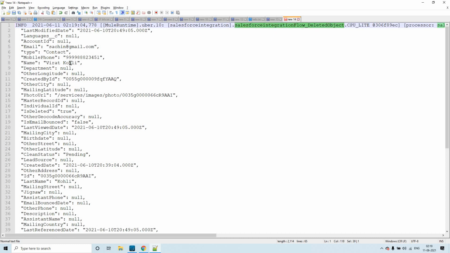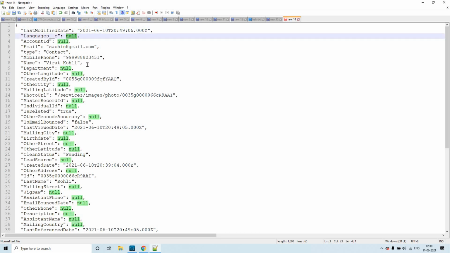You see here the same thing, right? Now you'll see some difference. See, isDeleted is true here. So that means this is deleted in Salesforce. That's why this key's value is true. And as we know, the response from Salesforce we are converting to JSON. So that is the reason we could see the payload in the JSON format, and most of the fields are null because we are not filling in many details for the contacts we are creating in Salesforce.